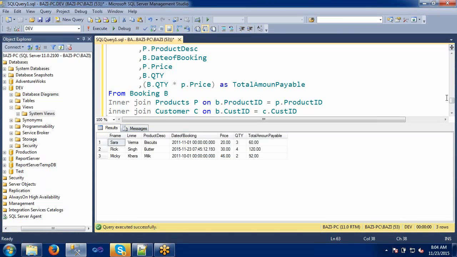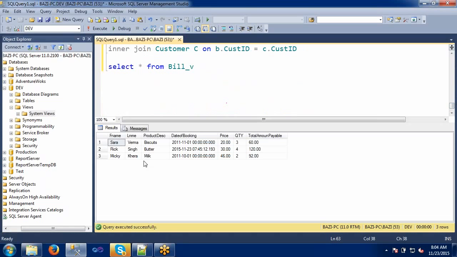See, if you look at this view, can you find the exact tables from which data is coming? No, right? Because it's a combination of three different tables. The first name and last name are from customer, and product and date of booking are from different tables.